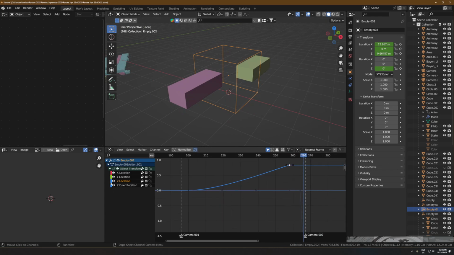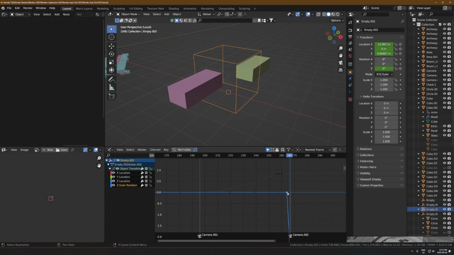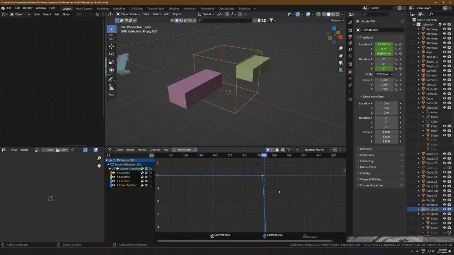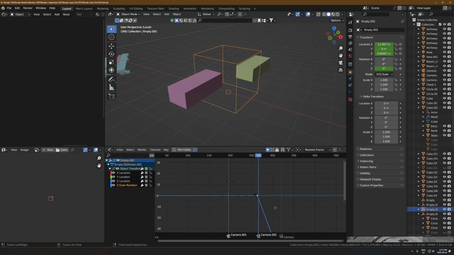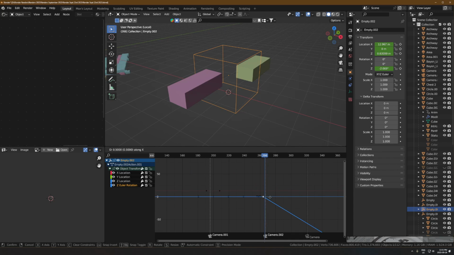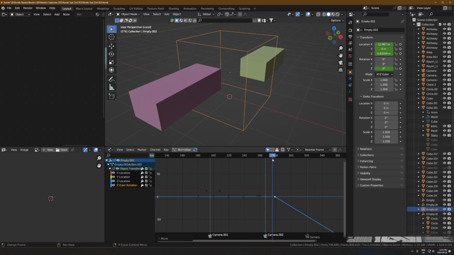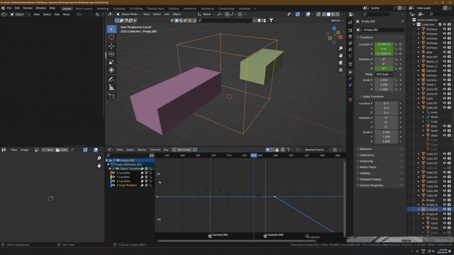And then I want the rotation to be a little bit more delayed. So I'm going to select those rotation keyframes, and then let's just hit L for select linked, and I'll just move that over a little bit so it has a bit more time between where it moves up and then rotates. Okay, so let's go back to the Z location